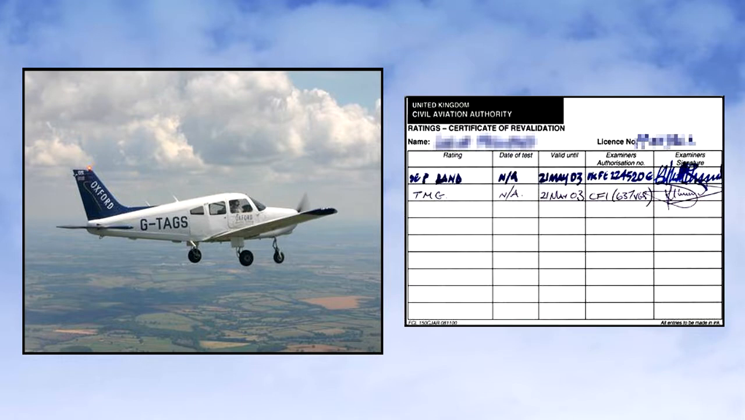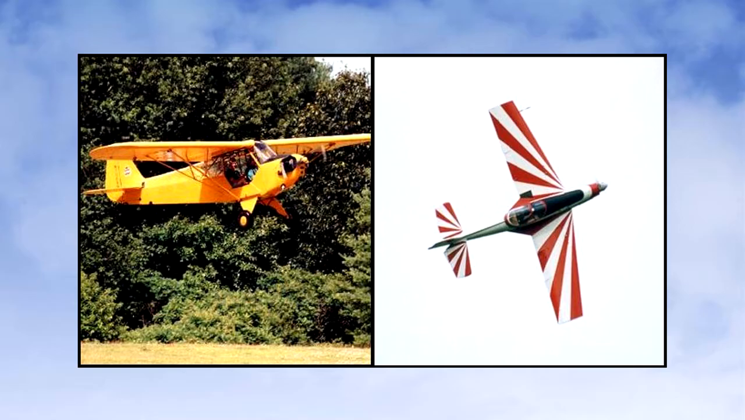We'll now take a closer look at the different kinds of ratings. Let's look at class ratings first. As we have said, a class rating is usually issued with a private pilot's licence. A class rating qualifies a pilot to fly as pilot in command of any aeroplane within that class. Class ratings are issued for the following classes of aeroplanes: